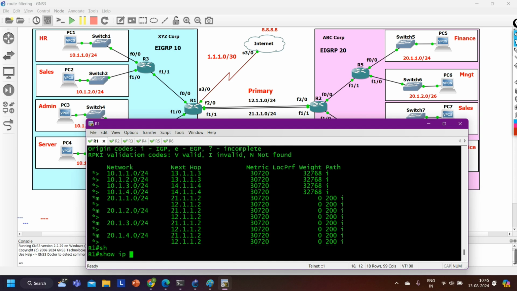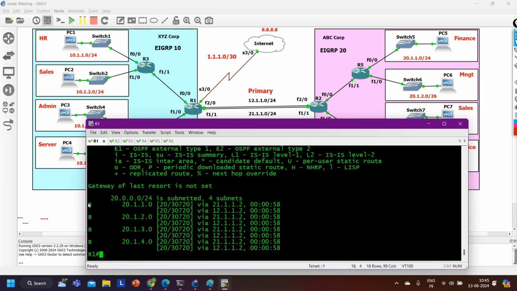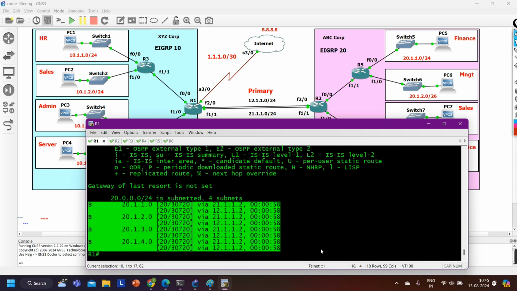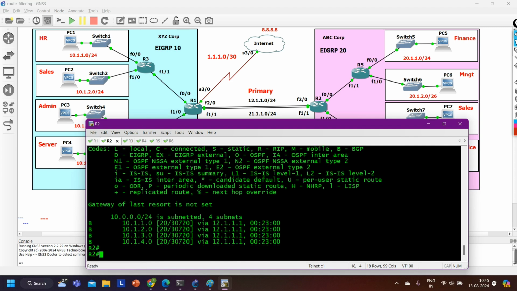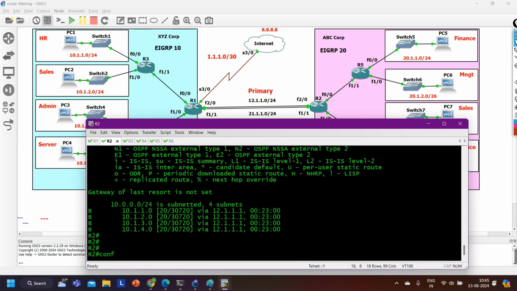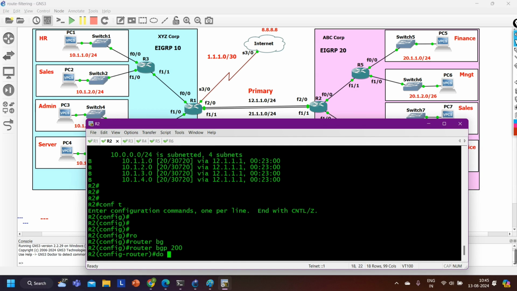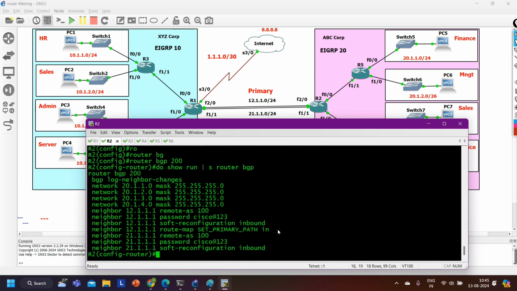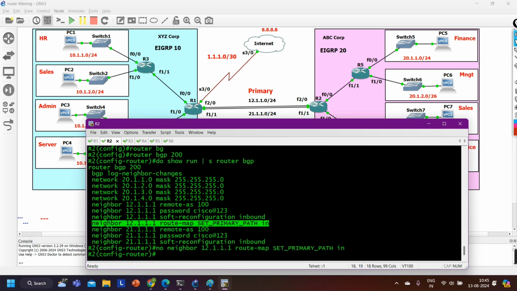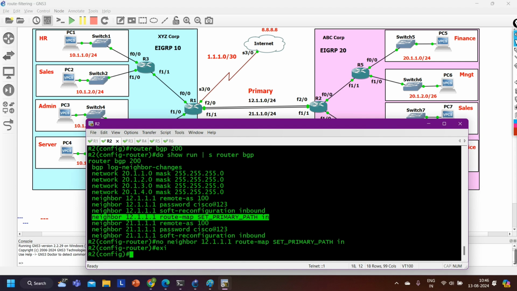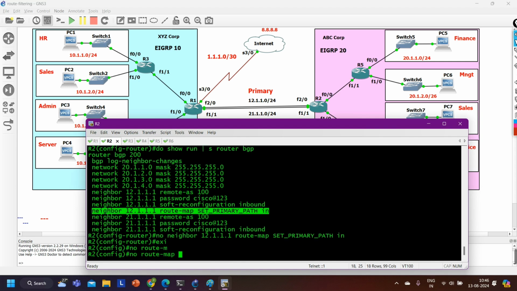Now if you check the routing table, show ip route bgp, you can see this time Router 1 is performing load balancing for all subnets. On Router 2 also we can remove the route-map configuration. config t, router bgp 200, and do show run section router bgp, and let me remove the route-map command with this neighbor. Say no, no route-map, and the name of the route-map is set primary path